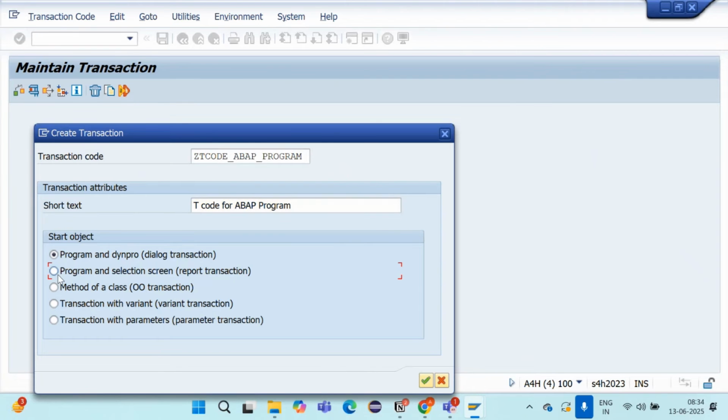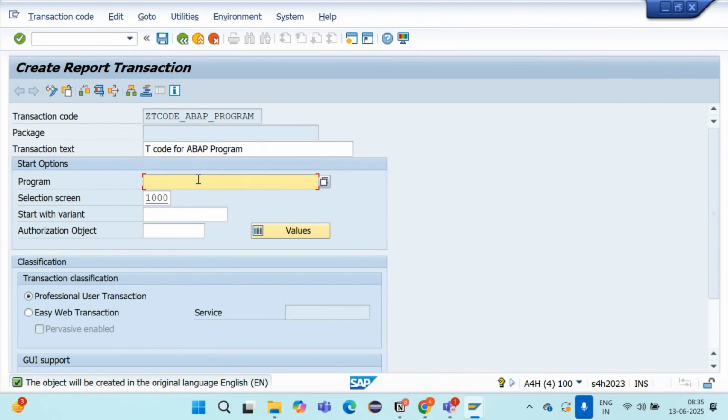Can you see this radio button, program and selection screen? This is my report. Reports are the executable program in SAP ABAP. So we will select this program and selection screen here. I will go for OK button. And here I will be pasting my program name. By default, the selection screen number is coming as 1000.